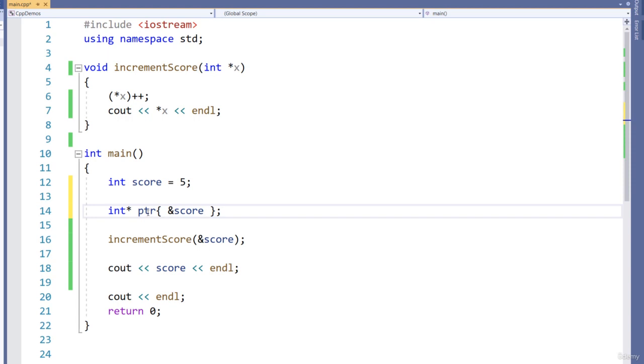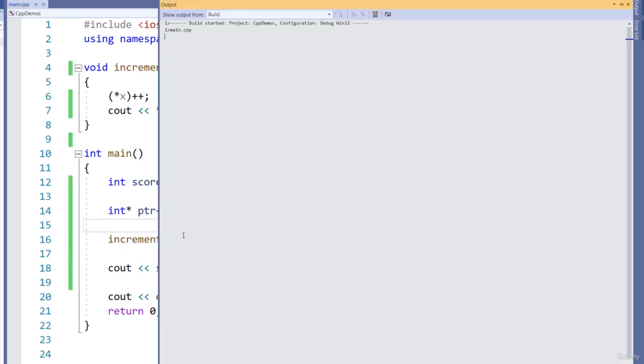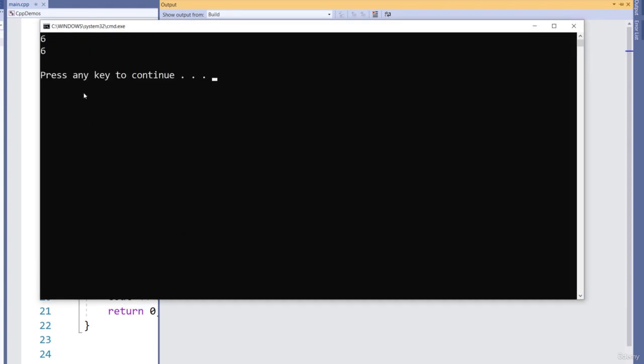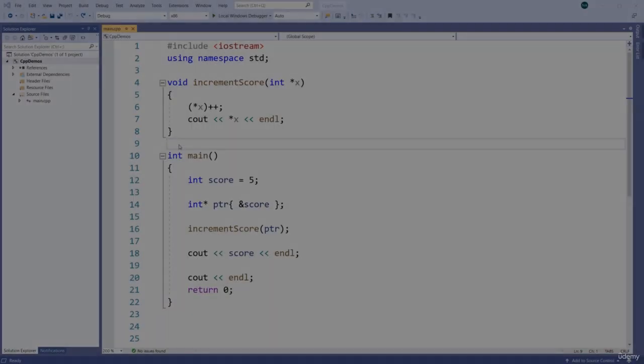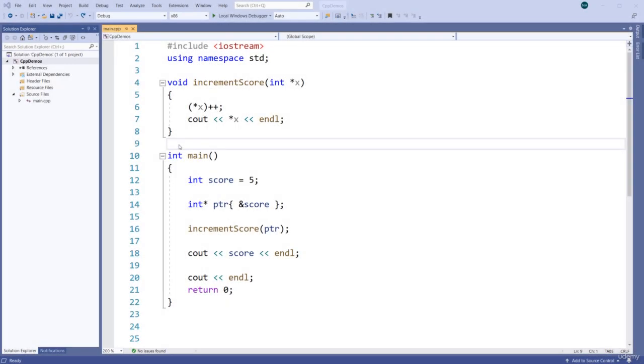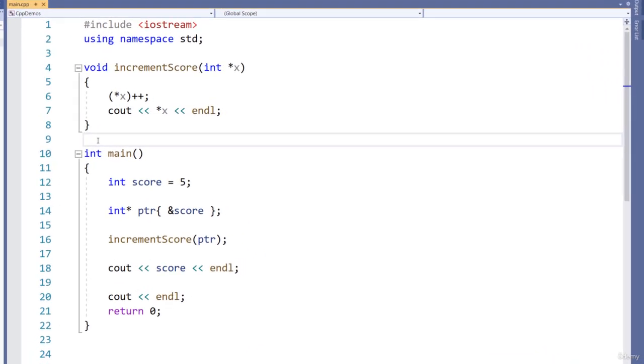Of course we can do a pointer as well. So we'll simply pass in a pointer to an integer which points at the score variable, and you'll see that works as we would expect as well. It's important to remember the const qualifier and how we qualify pointers. And just to reiterate this,